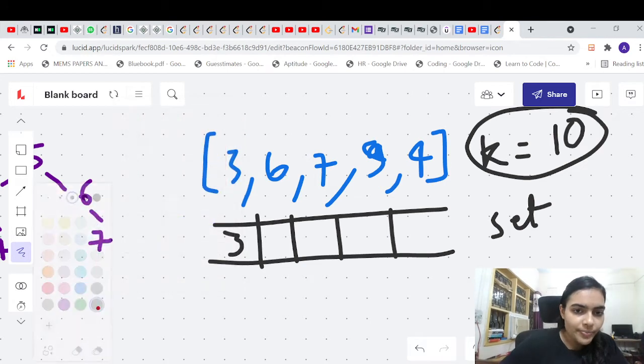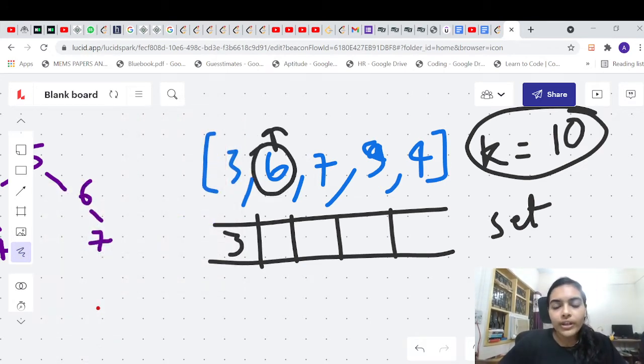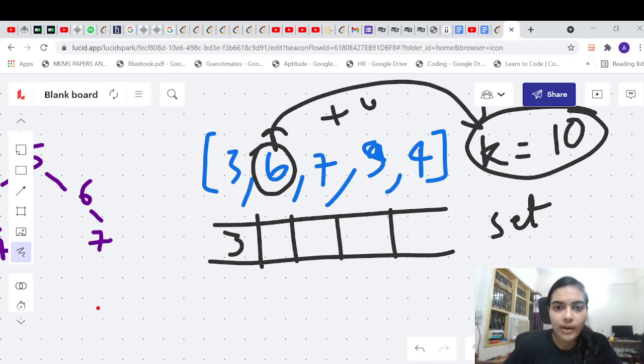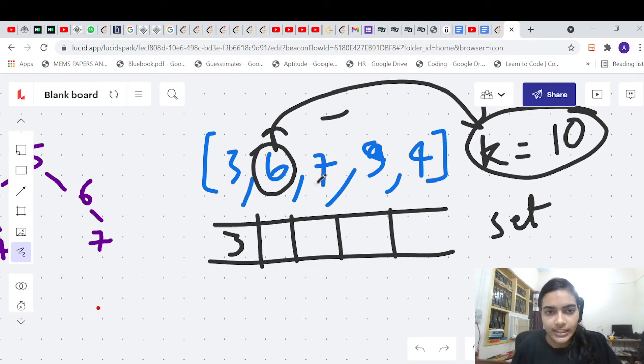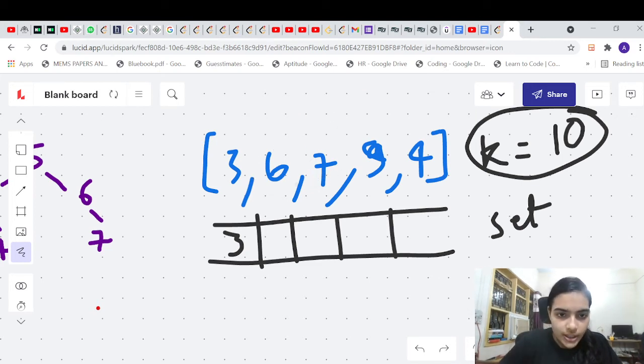You try to see if some number is going to add to 6 to give you 10. You want to make 10. With 6 you have to find 4. If 4 is there already in your set, then it is okay. But right now 4 is not there in the set. So you will simply store this particular number 6 here, and you will move ahead